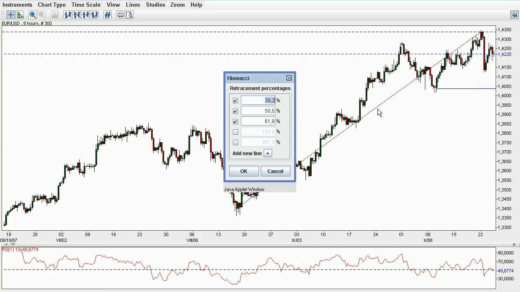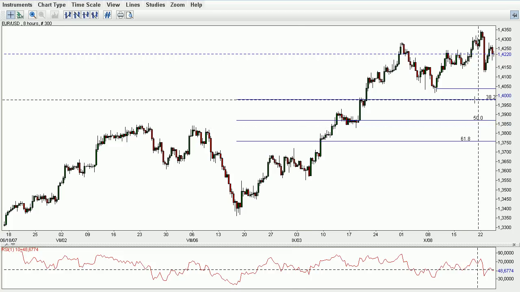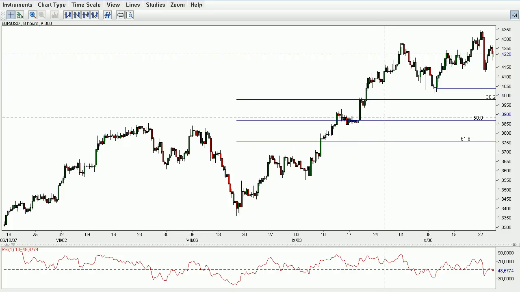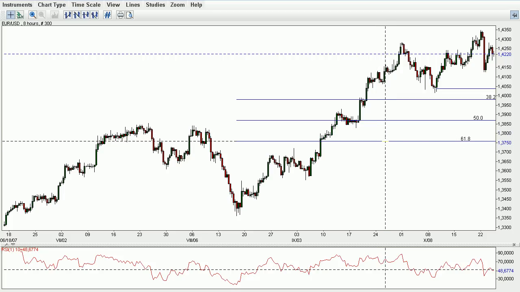Okay, so our next price target is going to be at this level where the 38 Fibonacci retracement area is. Then our next area is going to be the 50 level, and then our next price target is going to be the 61.8